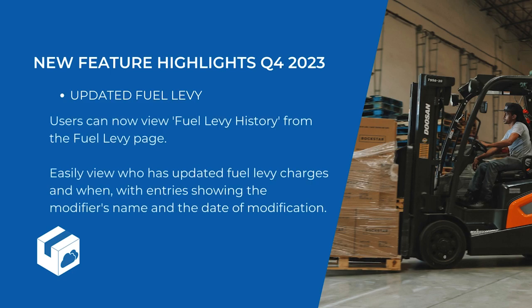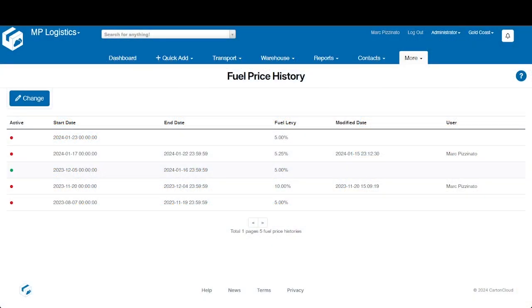You can now more easily see the bigger picture surrounding your fuel levies and better understand why past and future fuel levies have been applied and will apply to your consignments with the new tabular fuel price history view. In this view, each row shows a record with active or inactive status, start and end dates where applicable, and